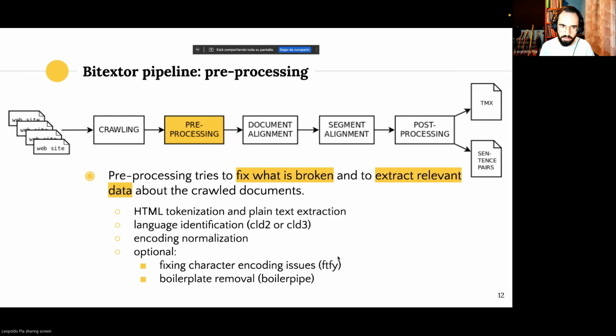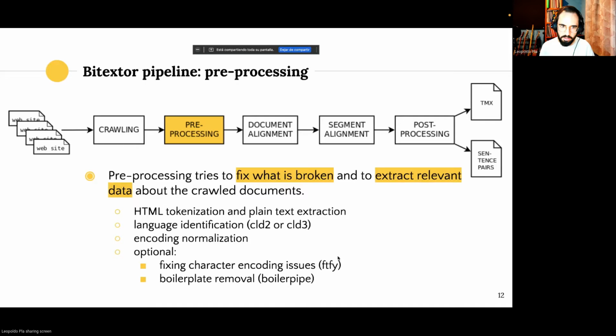With that text, we identify the language. We support both CLD2 and CLD3 for that. By default, we use CLD2 because it can detect chunks of the document in case it's in different languages. So maybe if our web page has three languages in it, in different paragraphs, for example, CLD2 is able to identify which one is in each language. So that's perfect for us. But we also have CLD3 in case it performs better for your languages. No problem with that. We do encoding normalization